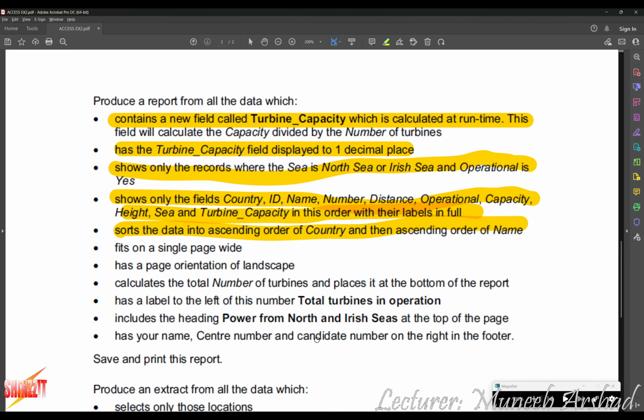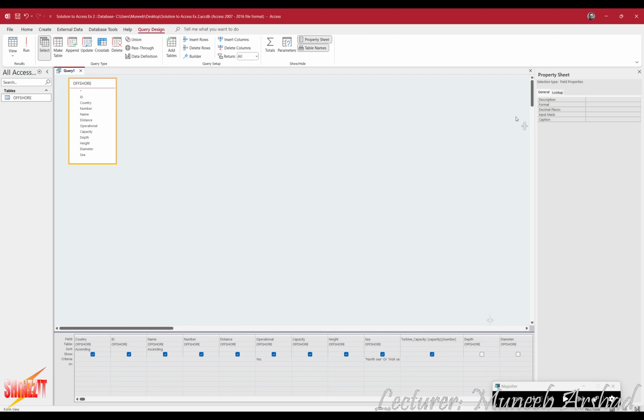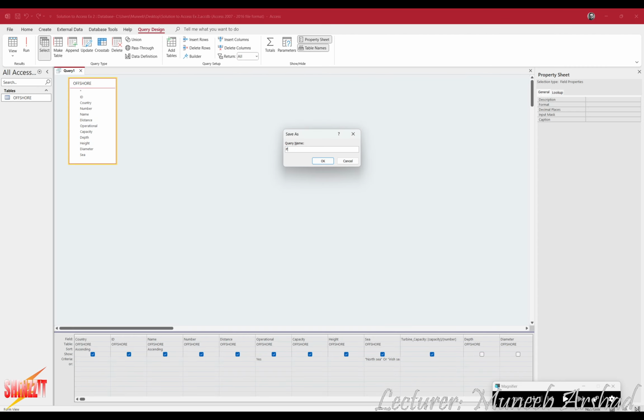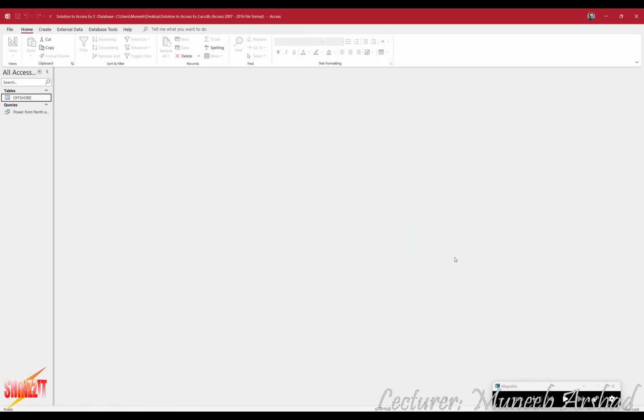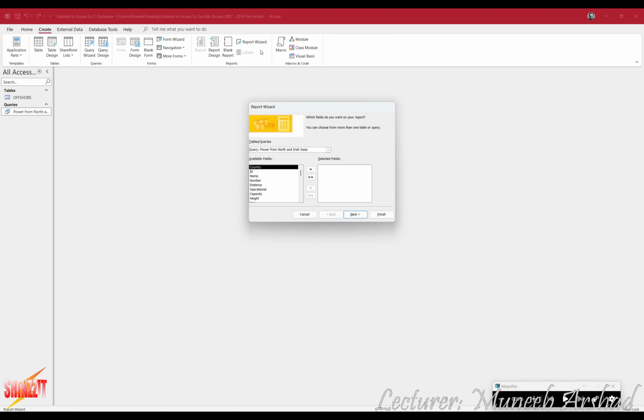Right now, we are just going to save our query by the title of our report, which is Power from North and Irish Seas. So we close this. It asks us to save changes. We're going to type in the title for our report, which is Power from North and Irish Seas. Saved. Now what do? You click on the query, you go to create, you click on report wizard